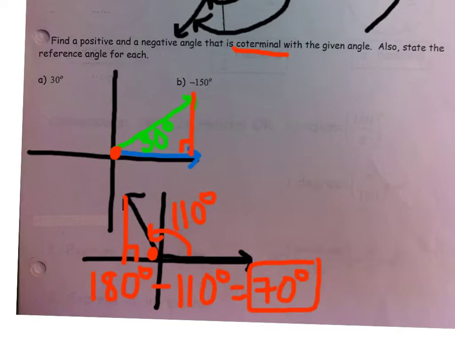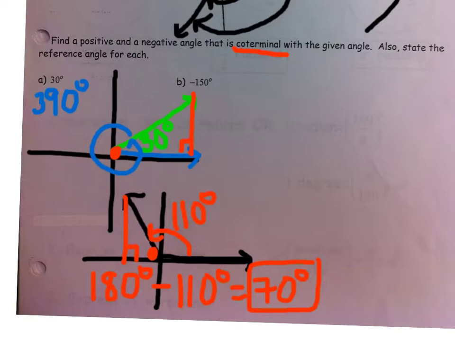You can go around the circle multiple times. So if I have 30 degrees right there, what if I took my 30, and then I went all the way around the circle again, but still ended up in the same spot? That would be 360 degrees all the way around, plus the extra 30, so that would give me 390 degrees, which would be a coterminal angle with the 30-degree angle. Okay, so